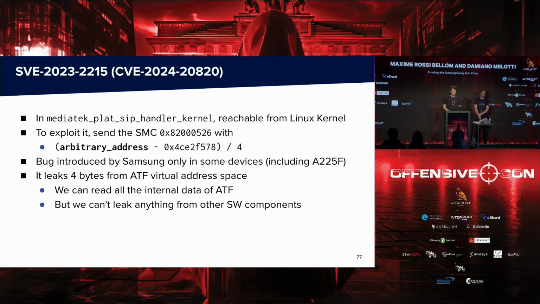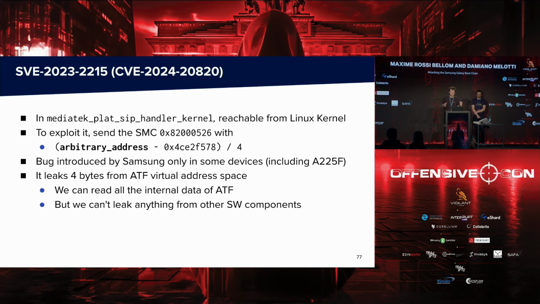So yeah, reachable from the kernel. Just need to send an SMC with that specific ID and an address, maybe applying the offsets to make sure that you get the address that you want. So this allows to leak 4 bytes of memory from the ATF address space, which is nice and obviously is not supposed to happen, I guess. But there is not that much to leak inside the